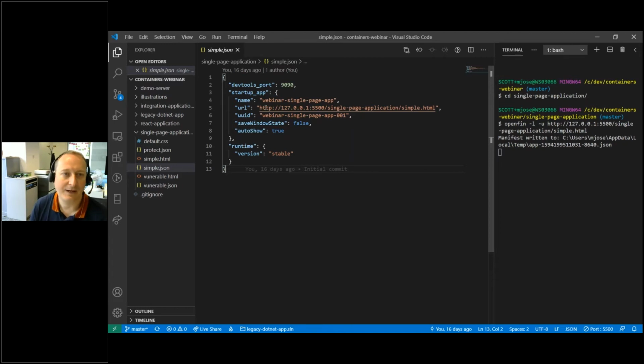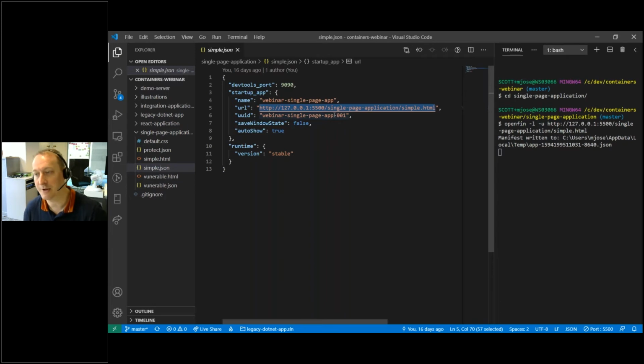But in its simplest form, it gives my application a name. It points at the URL, and I'm hosting this application locally using live server. This could be a URL on the internet. It could be pointed to a local file, so if you bundled and distributed an application, for example. And then you have to give your application a UID. I've put some text in here. You might want to generate GUIDs or some other way of giving your app a unique ID to run as